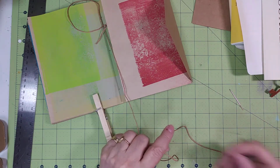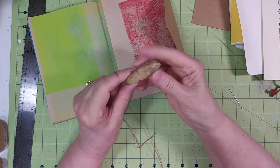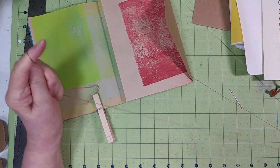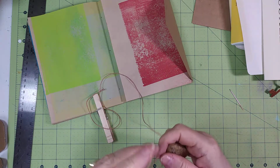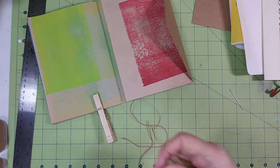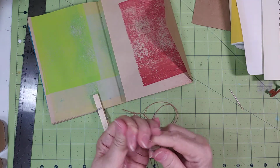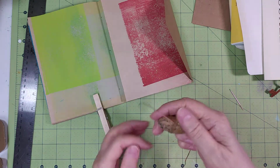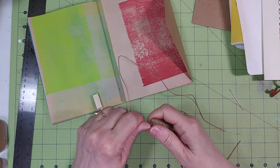Now I take my thread. I always use waxed thread, so I have a little gooby thing of beeswax, and you can get that in the sewing section of your hobby store or at Joann's or something like that. I don't know if there are any other fabric stores besides Joann's now. Of course, I'm sure in other countries they probably have some other fabric store where they could get their beeswax. Yeah. Anywho,